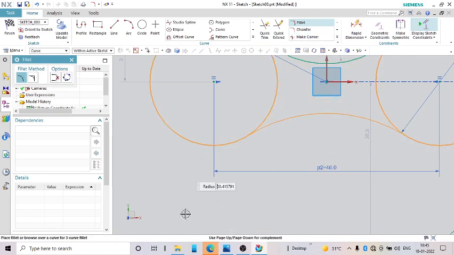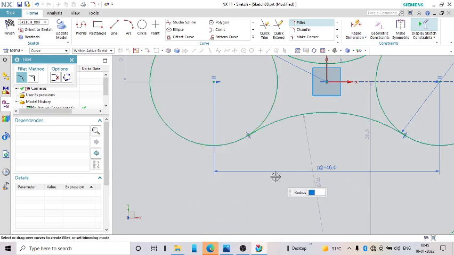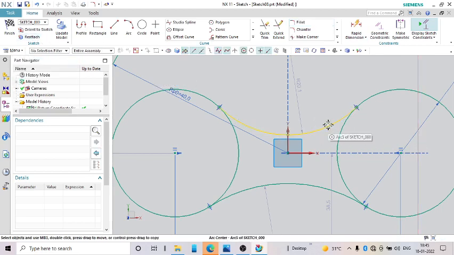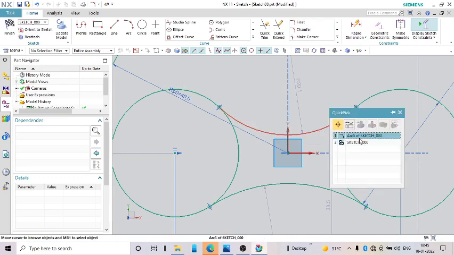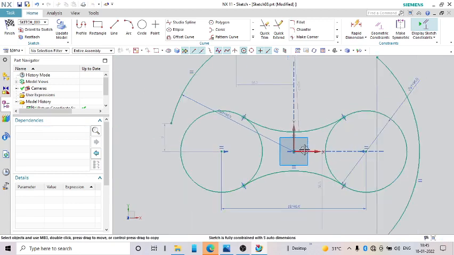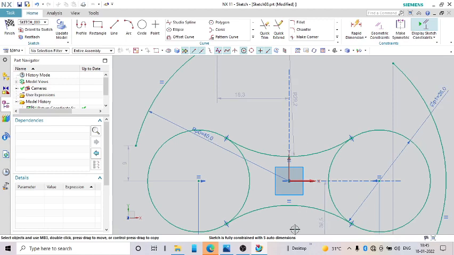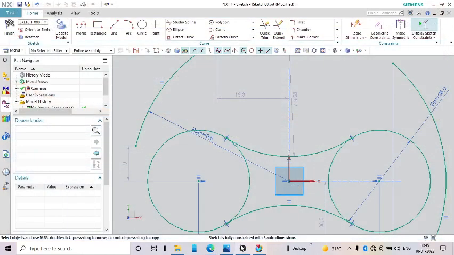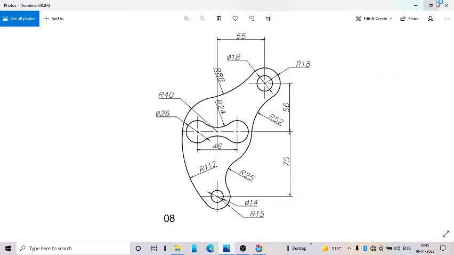Like this we can add the fillet. Similarly we will make it equal. So let us close this. So when red color comes you have to select, then equal, and this radius is 24.